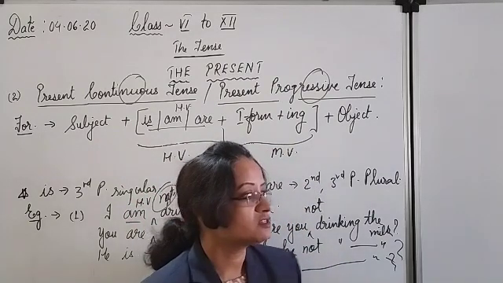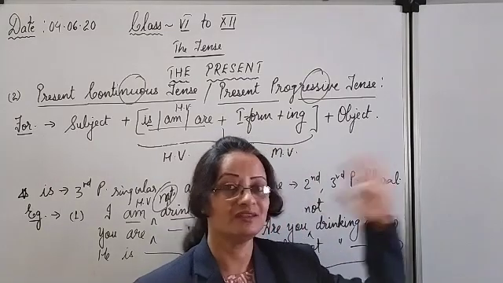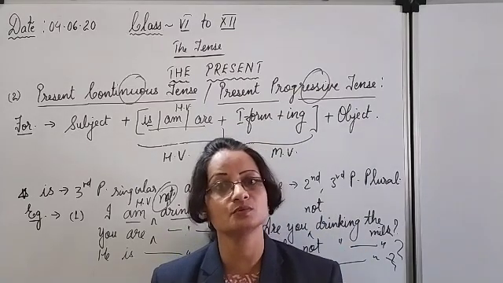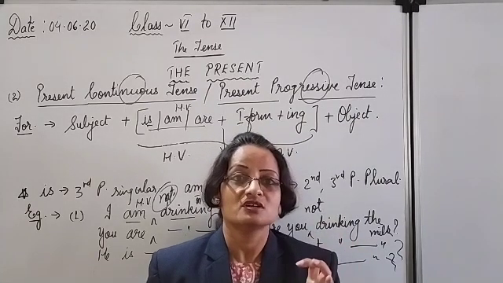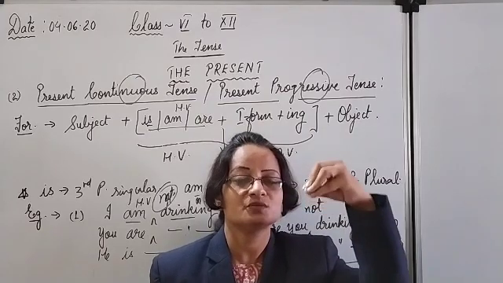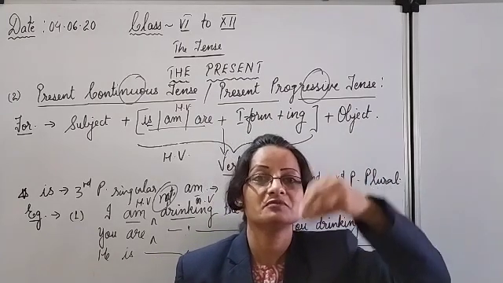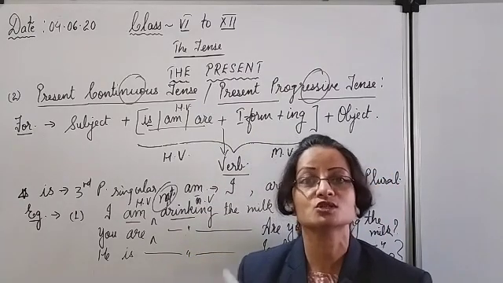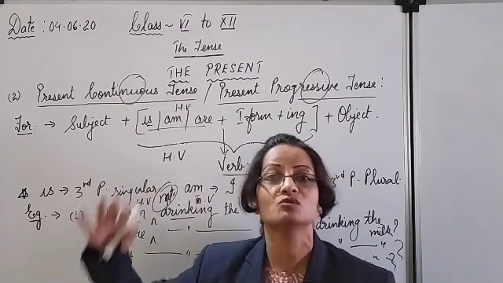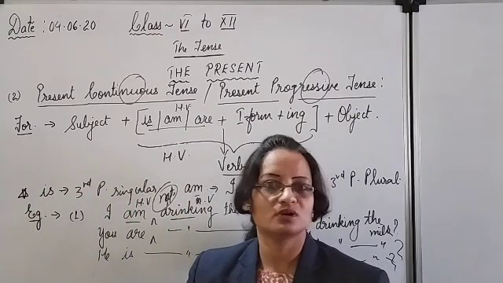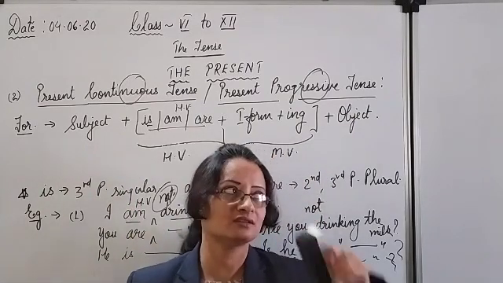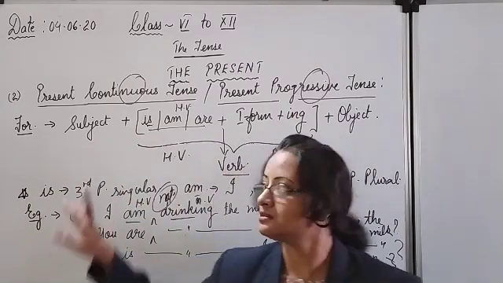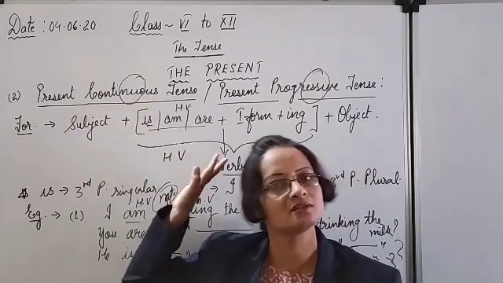So whatever actions are going on, like the sun is shining. Even as I am speaking here, the sun is shining over there at his position. So whatever actions go on at the time the speaker is speaking something, at that time we have to use the present continuous. That is the meaning of the word continuous: going on at the present time of speaking. It is also called progressive. It is in progress right now that the sun is shining. Okay, so usage is clear. This here ends your present continuous tense.